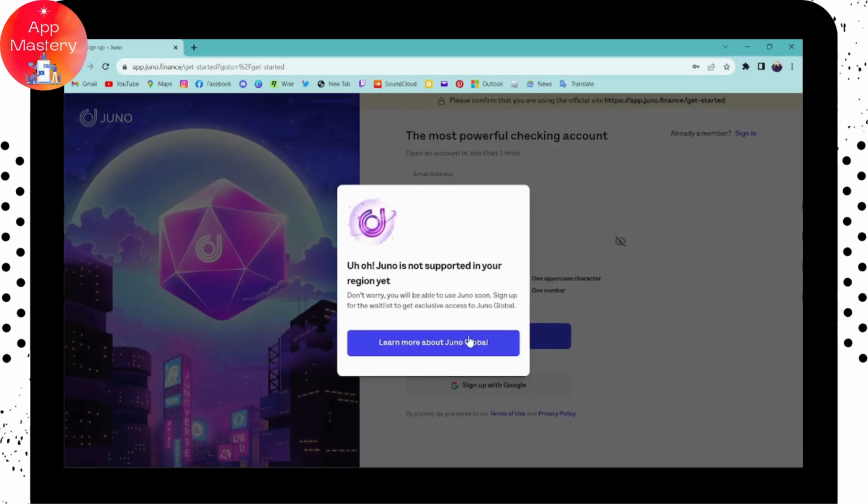So it says that Juno is not supported in my region, but if it is allowed in your region, or if your region supports that, then you will create your account. So this is the process to create your account, and after that you will be ready to use your Juno